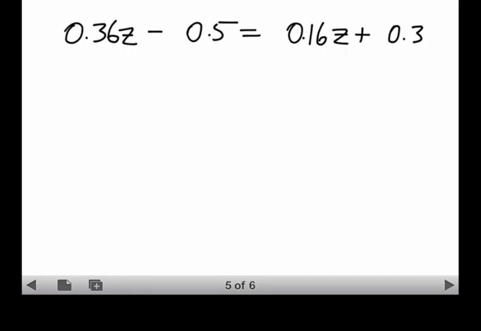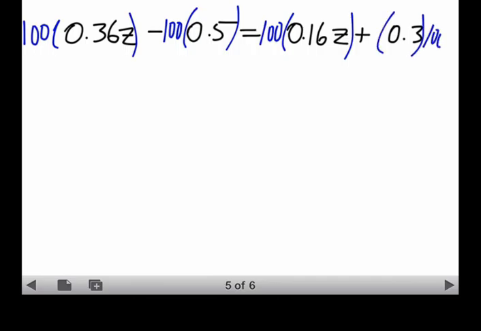In our next equation, we have some decimals. Now we could take this as it is, just deal with the decimals, but I'll show you how to clear the decimals. We're going to multiply each term by 100 because we need to move the decimal point 2 places to make sure that the numbers that have the most decimal places become whole numbers. So each term is going to get a factor of 100. I'm going to use parentheses so I don't confuse it with the decimal point. It's useful to write the 100 for each term so we don't lose what we're multiplying by, and we make sure we multiply each term.